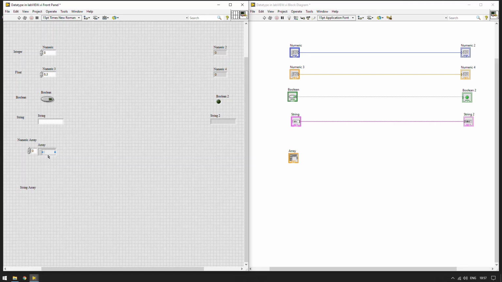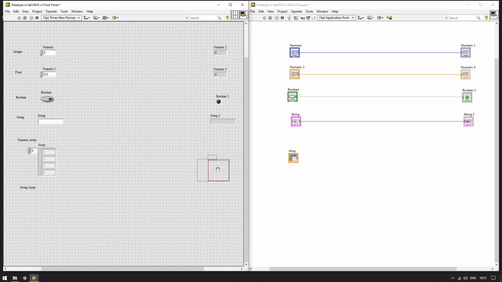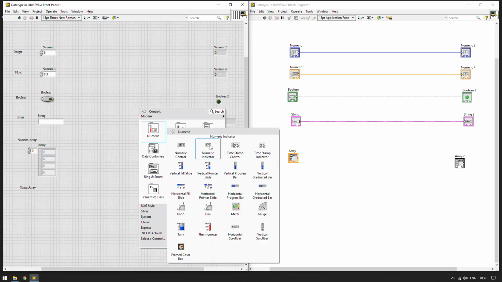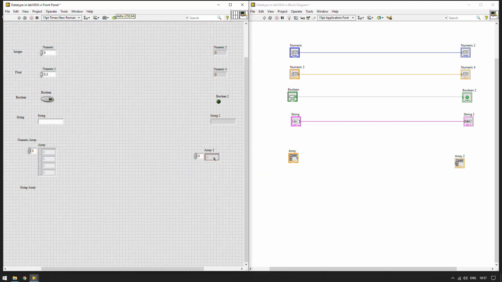One more thing, we can expand the number of elements in any array by just dragging and dropping. Okay, so let's insert one more array, and that is a numeric indicator. Let us make it the same size, so 4 inputs, 4 outputs, and let us connect them.